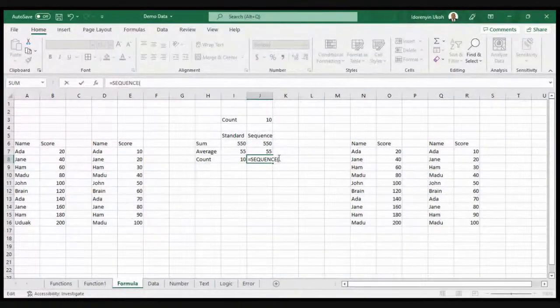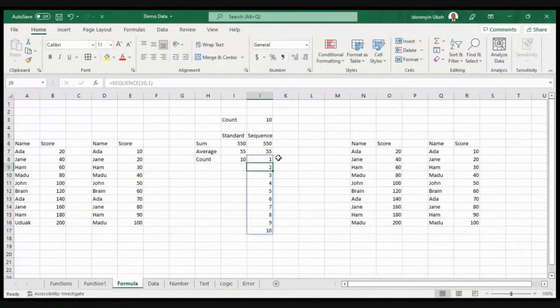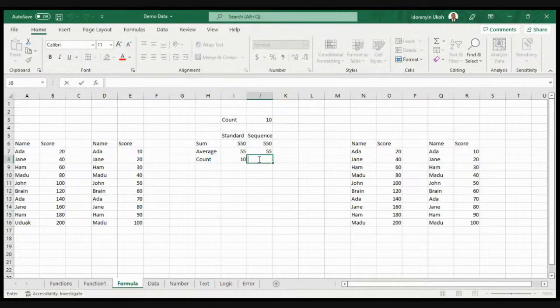The number of rows I have here is 10. And my column is what? 1. Sorry. I'm doing that in row. The column is 0. Sorry. Equals to sequence.